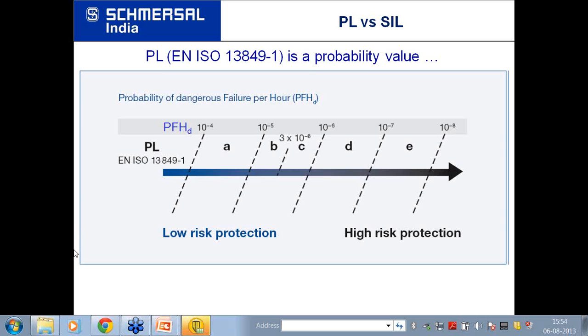Another question is from Mr. Karthik Yu: is there a recommended level? There is no thumb rule to implement safety. The recommended level is or should be as per the risk assessment. But for all practical purposes, if the risk involved is irreversible injury, which we have discussed, it's better to go for performance level D or E. As a thumb rule, we can only say that much.